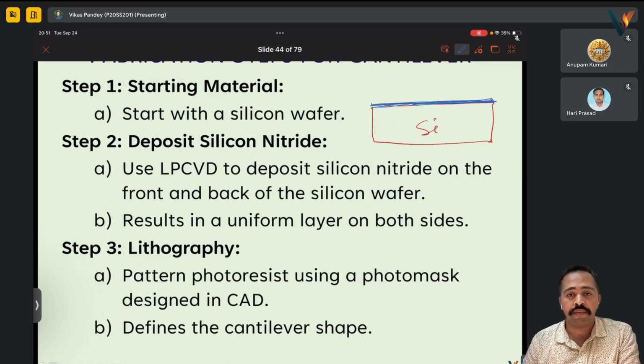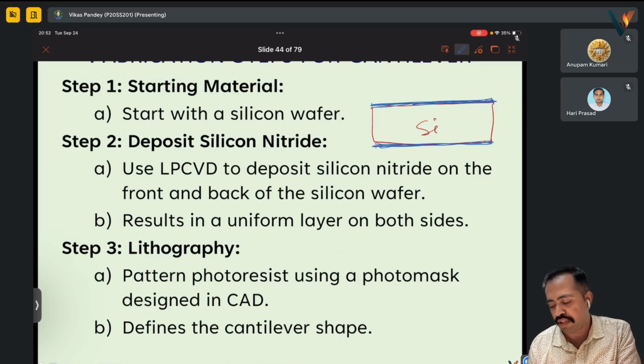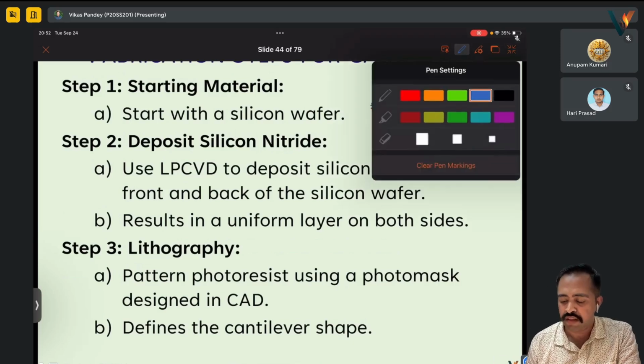Use LPCVD to deposit silicon nitride on the front as well as the back of the wafer. So both sides we are depositing. Then we do photolithography using a photomask design and define the cantilever shape, whatever shape we want. So we pattern it, say,